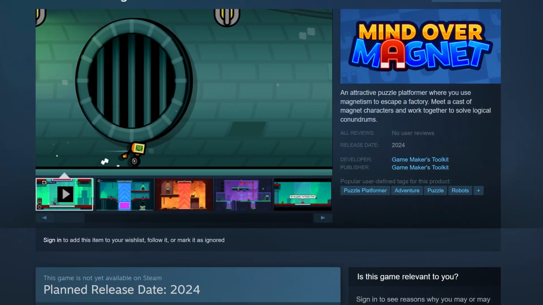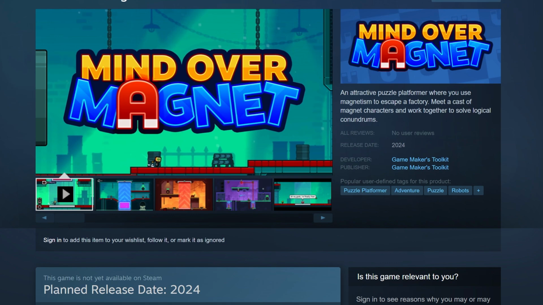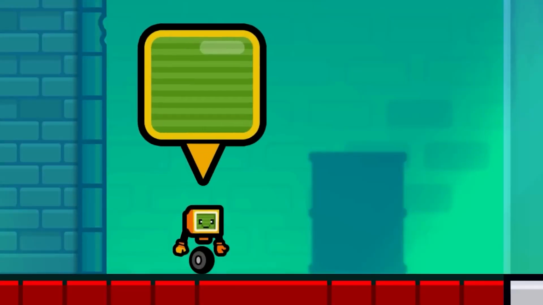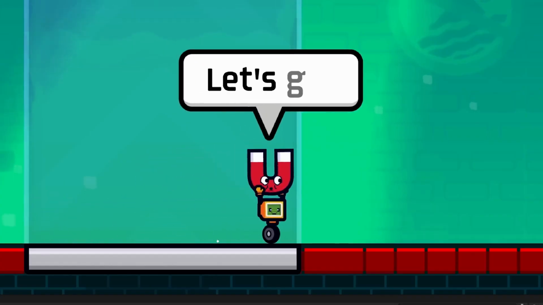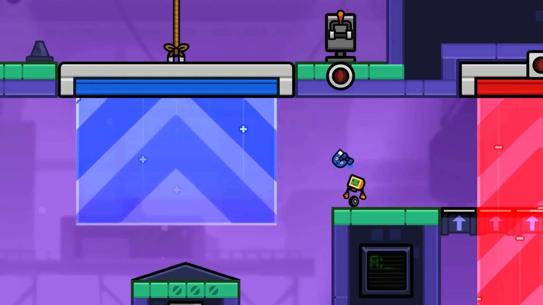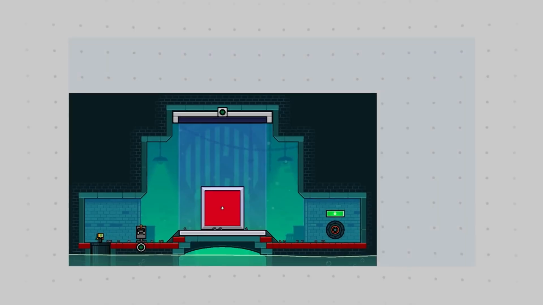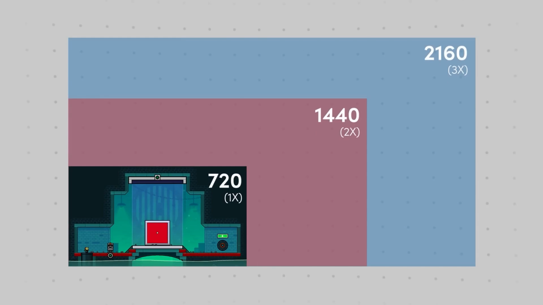When he hit 1 million subs, he said he was looking for a new challenge, so he got into actual game development. He started working on a game at the time called Untitled Magnet Game, now Mind Over Magnet. It's this really cool 2D puzzle game where your character can pick up magnets and throw them or use them to manipulate the environment around them to solve puzzles. His devlogs are easily the highest produced devlogs of anything on YouTube,